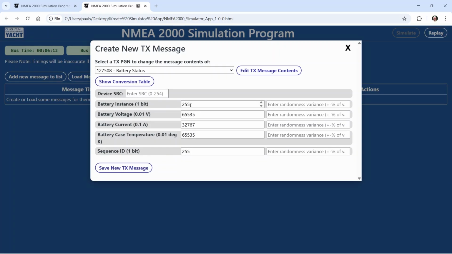Now you'll notice they've all been populated with these numbers. These are the maximum value. If you like, in binary terms, it's the all ones value for that field, and that's NMEA's way of saying that data is not available in a particular field. So if the field has all ones in it, then that means that field doesn't have any data in it. So by default, we set all the fields to have all ones in them, and then you go through and set the ones that you want to change. So for instance, I'm going to set a battery instance here of 5. All the values are decimal,